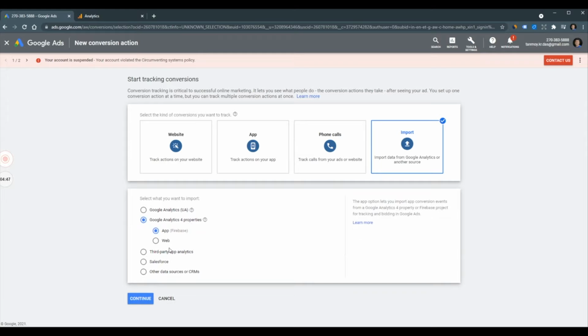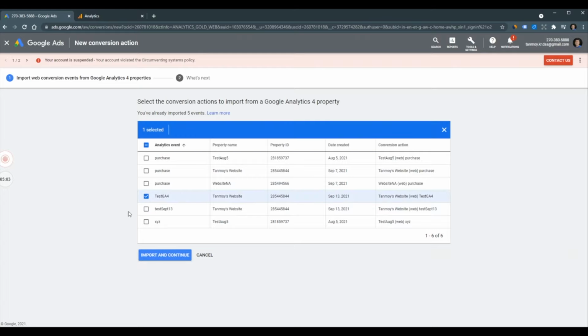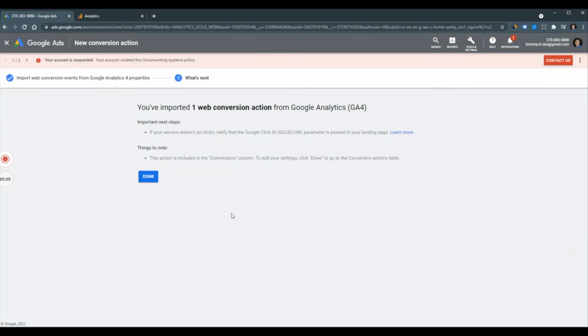If your data stream is created for the web, you can select web over here and then continue. Now you can see the goal which we had created in GA4 is reflecting here, which we can select and then import. So now we have imported one conversion action from GA4 as well into this Google Ads account.